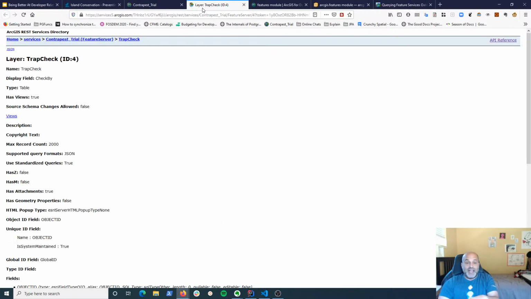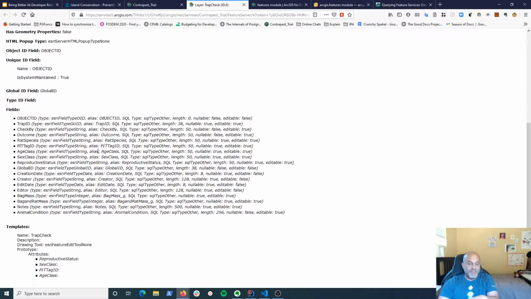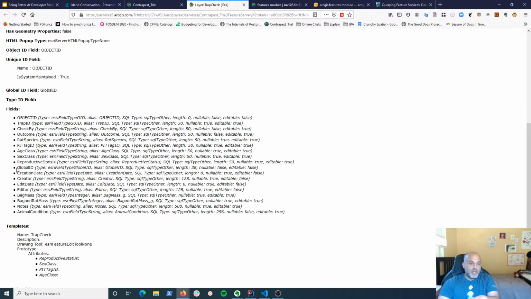If I look back at the layer itself, and I look back at the fields, it's under check date or creation date. It's just Esri field type date. So there's no time zone information there either. So I just assume it's storing it in whatever time the date is putting in. Turns out after a lot of searching and digging around over days, I find out that it's being stored in UTC. If I look at the web map for that table, it shows the entries in my local time.